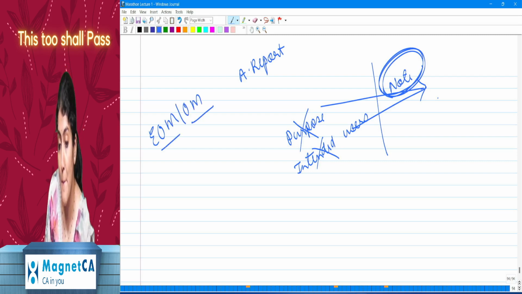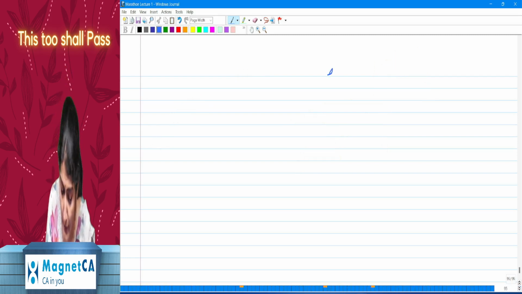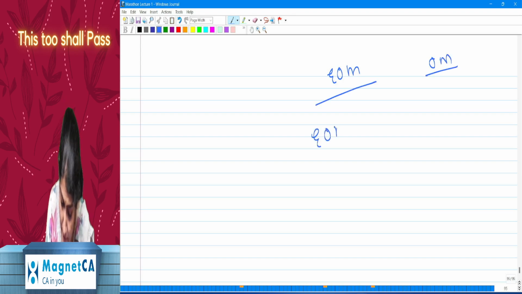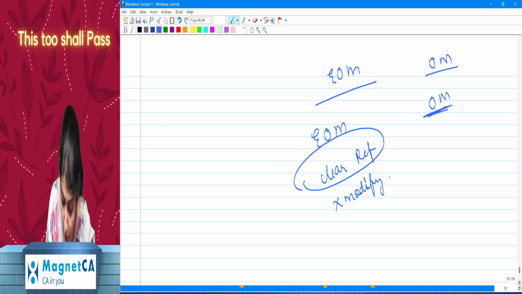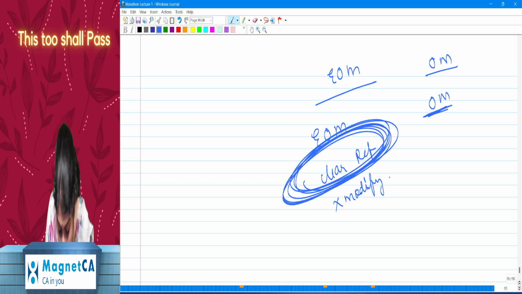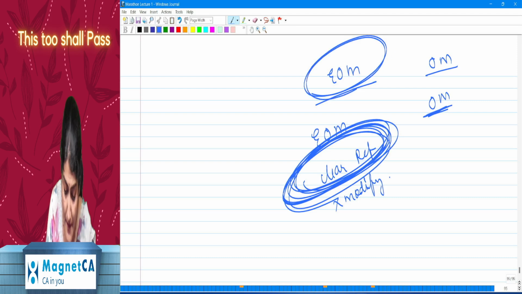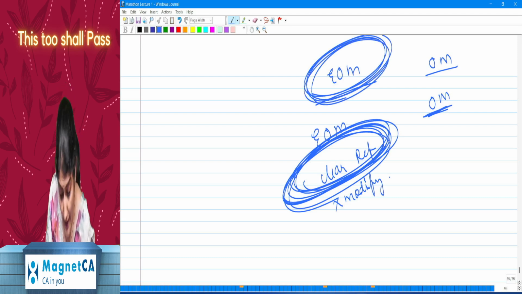When can I make a reference? You remember, everyone: emphasis of matter, other matter. Yes, the heading is emphasis of matter. Second, a clear reference to the financial statements and without modifying the opinion. And for other matter, only the heading is other matter. So if I make a clear reference to the financial statements, that means it comes under the emphasis of the